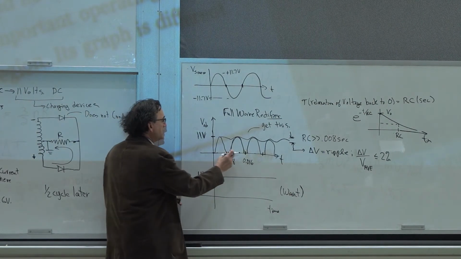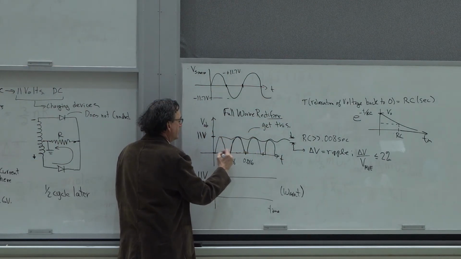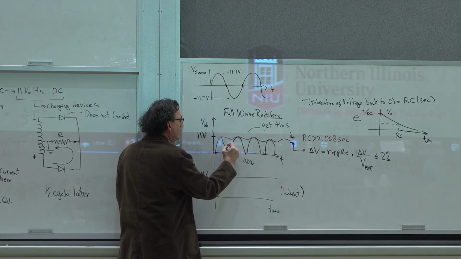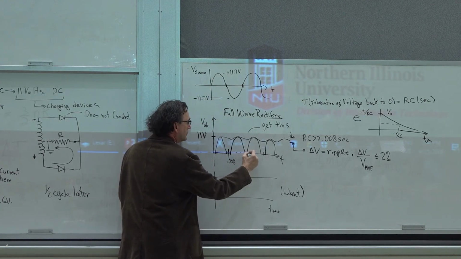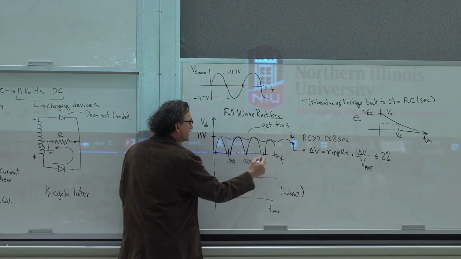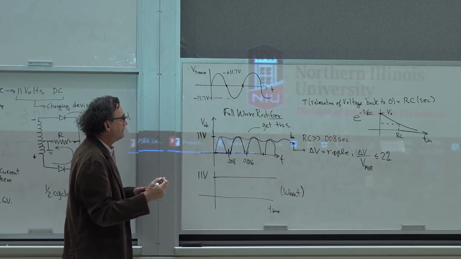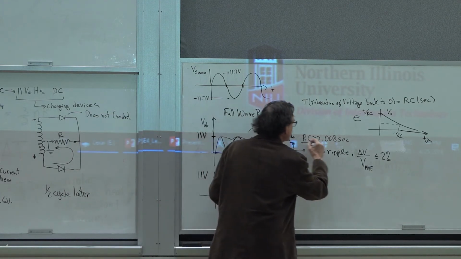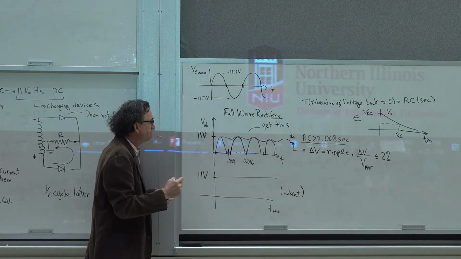But this distance is small compared to this distance. In other words, this contributes most of the time. This is a very small part of the time. But the midpoint between here is 0.008. The midpoint in the 0 region here is 0.016, etc. The point is that if you make RC much larger than 0.08 seconds, it really doesn't matter because